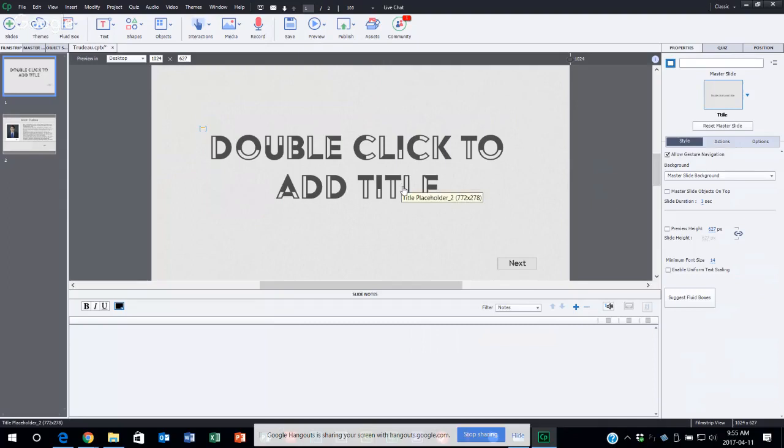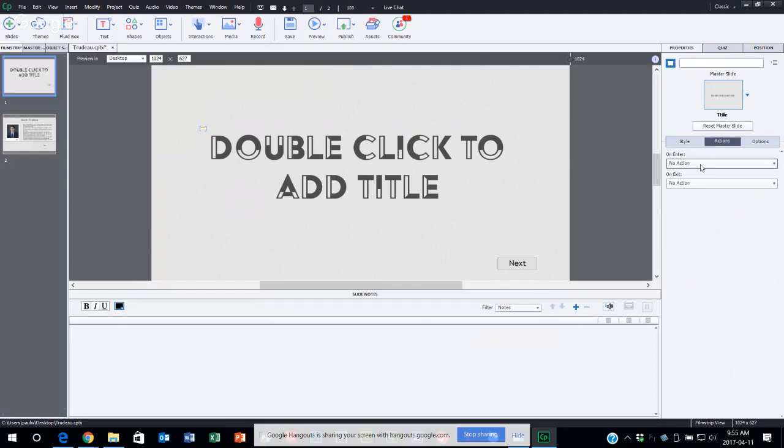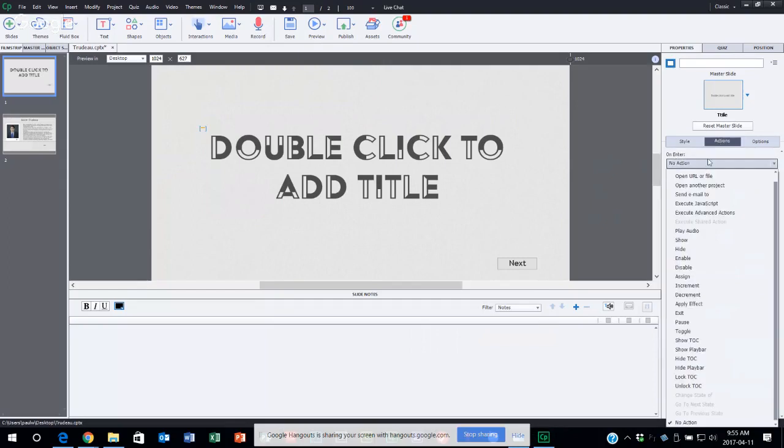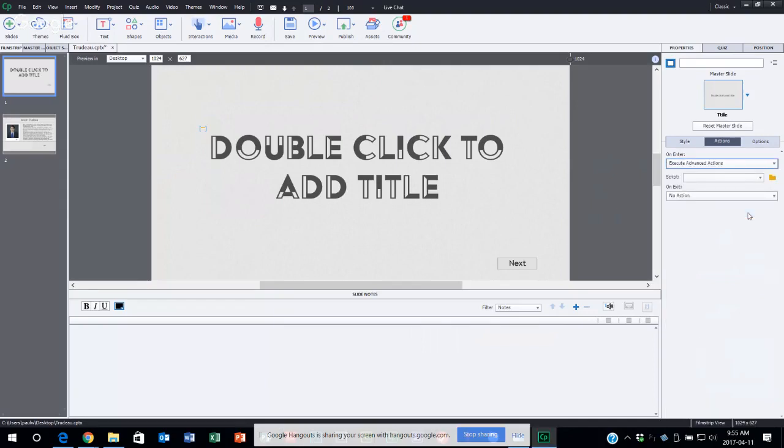So with advanced actions, there's two major changes, and I'm going to try to quickly cover these in 5 minutes or less, but it shouldn't be too difficult. If, for example, on this particular slide I wanted to have an on enter action, one of the best practices, and when I say that, I mean we've been doing this so long, I've developed this as a best practice, is to develop